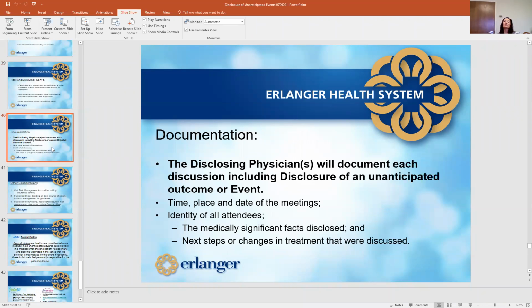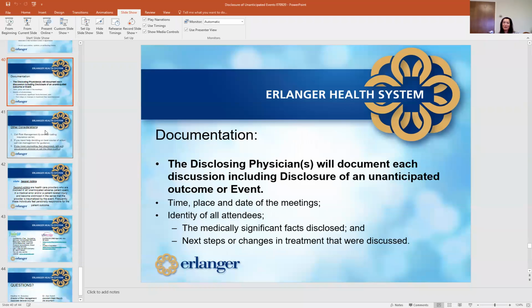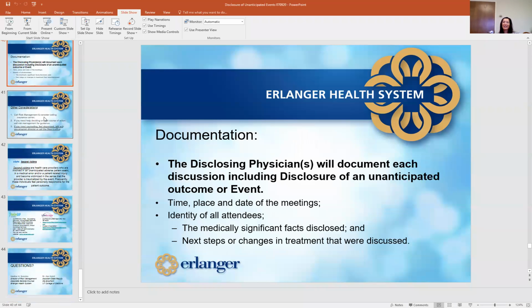And then on documentation, I'm going to talk about blame here for one moment. One of my least favorite documentation entries that I read, and I'm going to be intentionally vague around this, was where a physician was very concerned about liability. It was clear. And so the physician documented about another service line in the health system and how that service line didn't do what they were supposed to do. And so, you don't want to do that. You don't want to do that.